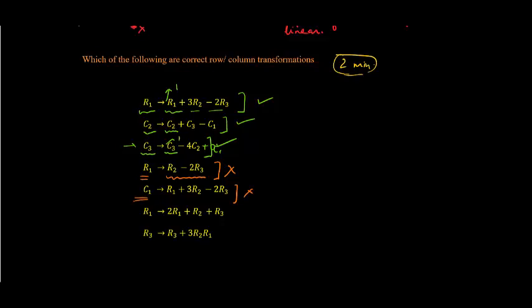Next one, if I look carefully, then this is R1. Involves R1, but then this coefficient is 2, which is not allowed, and the transformation, this is also incorrect. The coefficient of R1 should have been 1 on the right side. Next, again you can very well see R3, it is involving R3, but then I cannot multiply 2 rows. This is incorrect. So this is again an invalid transformation. So this gives you a fair idea of what transformations are, right?